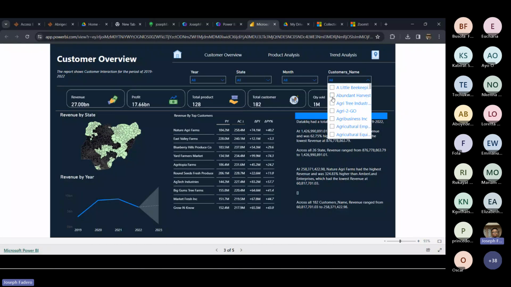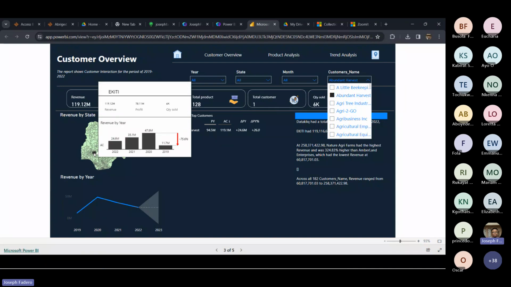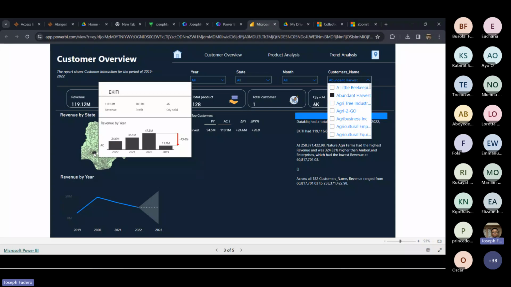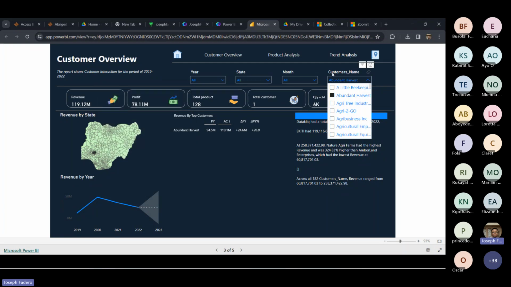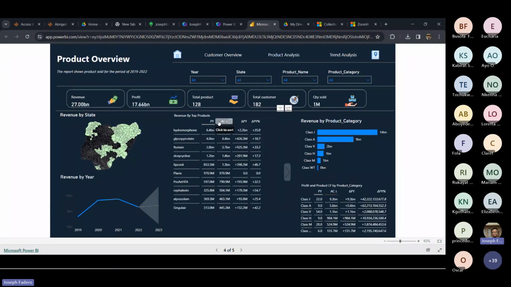When you select any of these slicers, it changes the filter context of the report. If you go into the map that you have right here on my screen, you can see more information about that customer based on the location. So this is something simple that was created in Power BI. You have your product analysis page. This is a simple chart showing a comparison between previous and actual value.